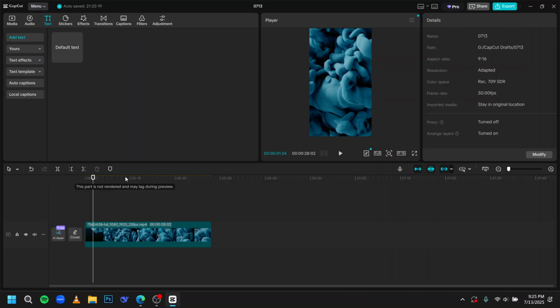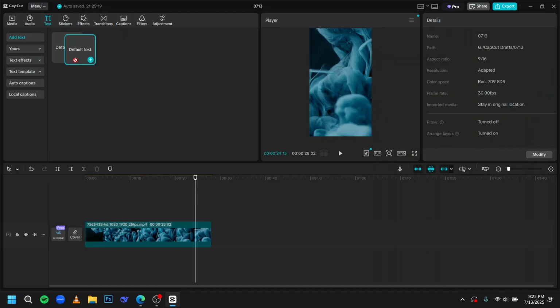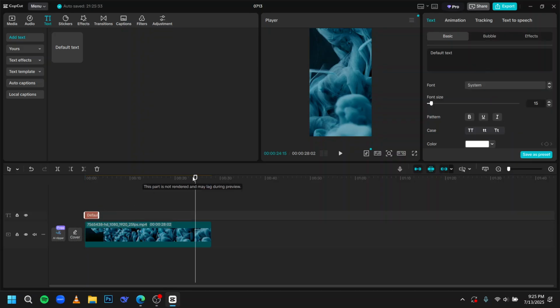Hello everyone, in this video I am going to show you how to track an object in CapCut. For this, you have to place the video that you would like to follow the object. Then what you need to do is paste a default text here, and then you have to move the scale